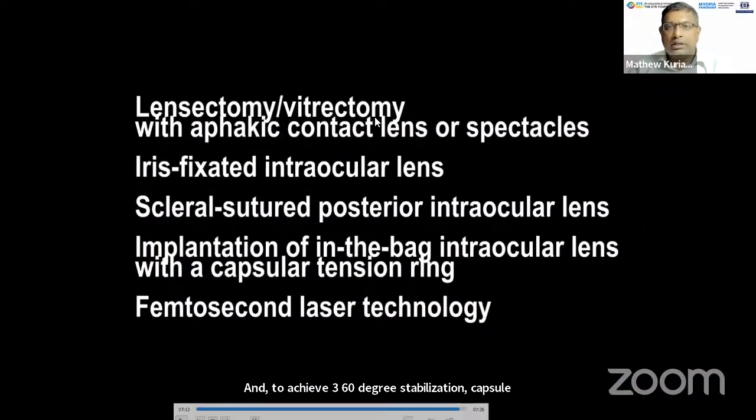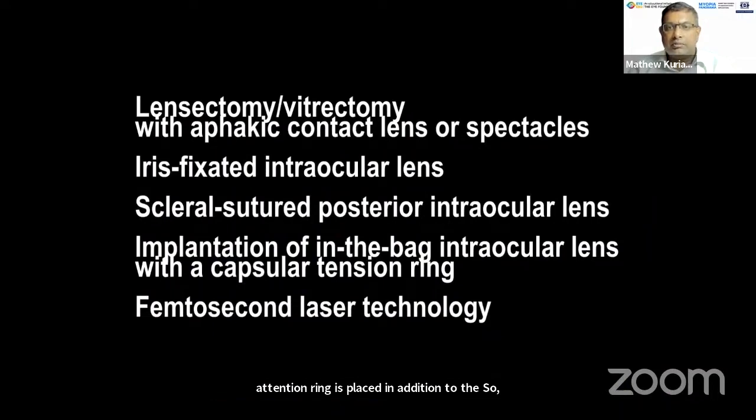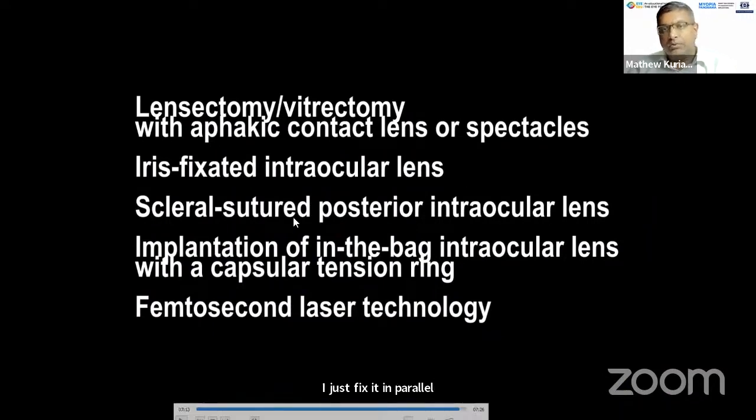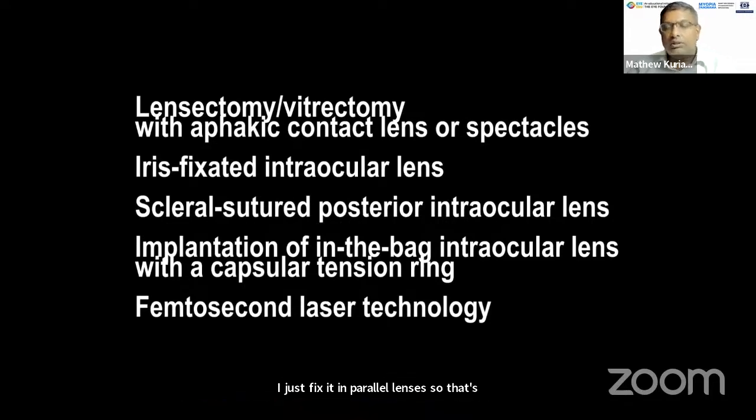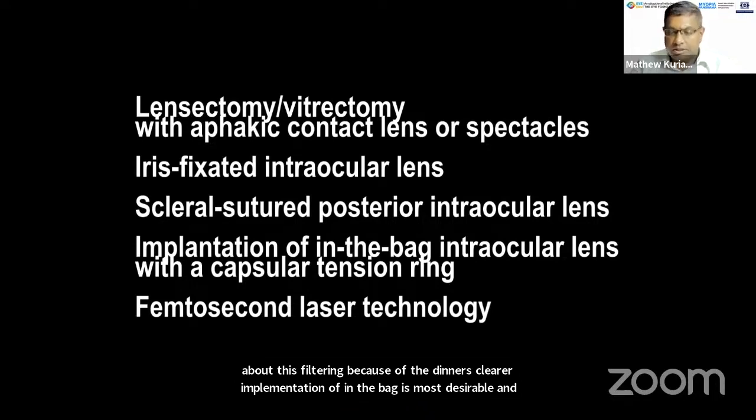So technically, surgery can be lensectomy, vitrectomy with aphakic contact lenses or spectacles, iris fixated intraocular lenses, scleral sutured. But in myopes, we have to be careful about the suturing because of the thinner sclera. Implantation in the bag is most desirable, and femtocataract can help in giving a good rexus in the situation of